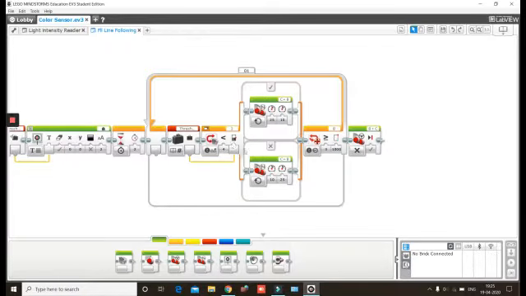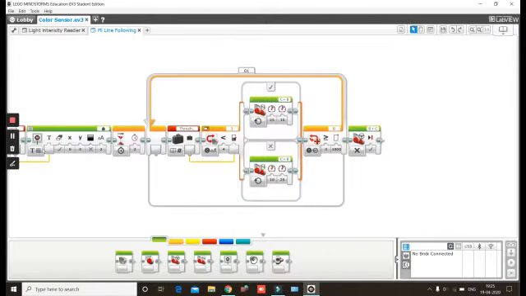If it is less than 30, suppose we take this move tank, and my left motor is C and right motor is B, so I give C plus B. So C will turn 25%, and the B motor will turn only 10%. If this condition is not true, it follows this, and then this continues. The loop continues until it is 1,000 degrees or less, and then it stops.